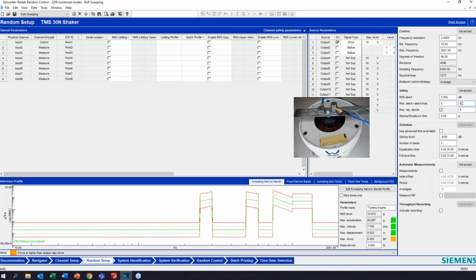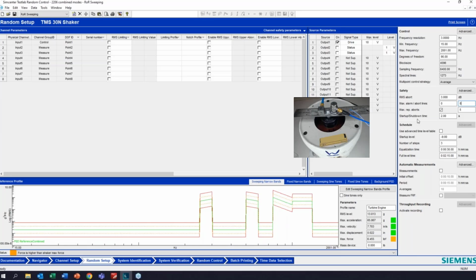Now, typically, your spec is going to give you a number of lines out of tolerance that it's going to allow. Sometimes it's 0. A lot of times for these mixed mode tests, the test definition is a little more forgiving because it can be very difficult to run these.